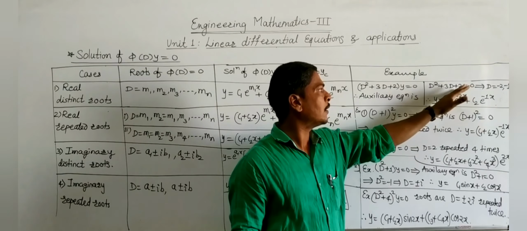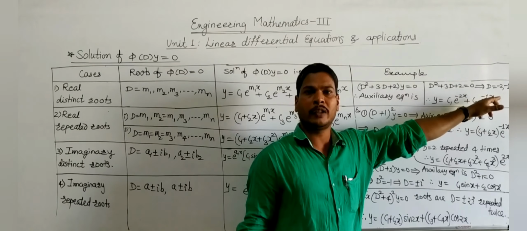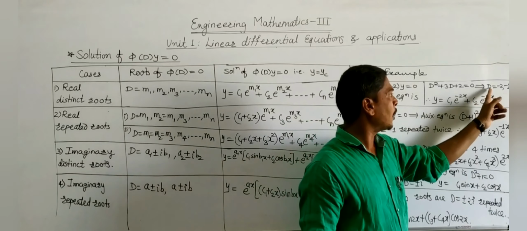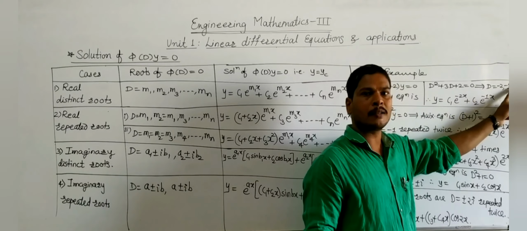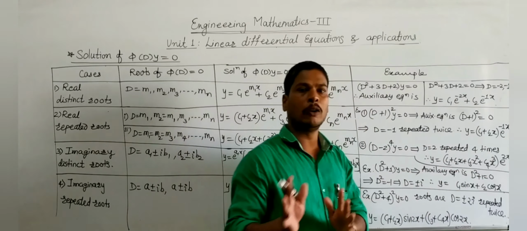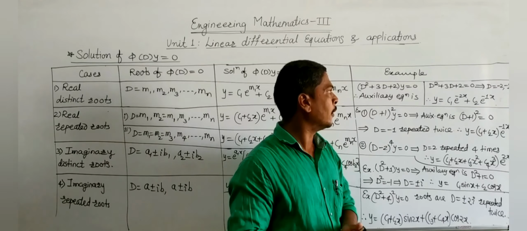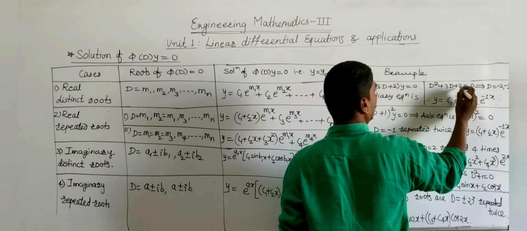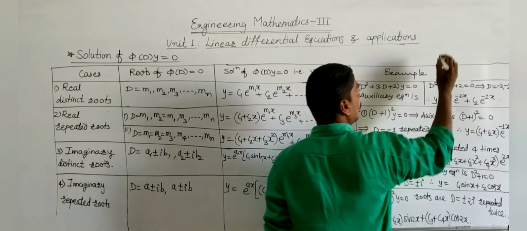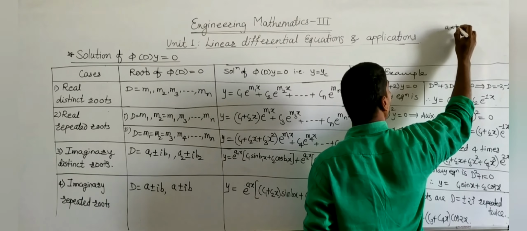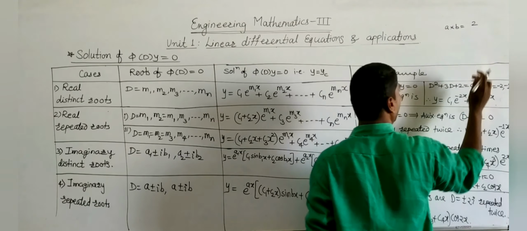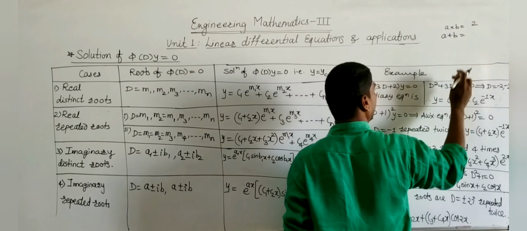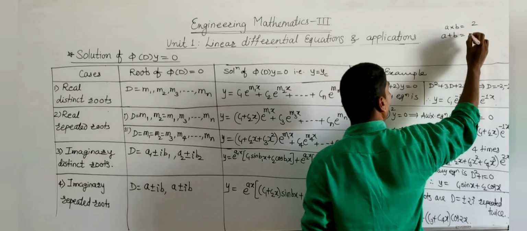Now simplify this for finding the value of D, that means find the roots of D. So here the roots are D is equal to -2 and -1, which are easily evaluated by using a calculator. I will evaluate this by the manual process. So this is a quadratic equation. We have to find two numbers a and b such that the product of a and b is this constant 2, and the addition of these two numbers should be this coefficient of D, which is +3.